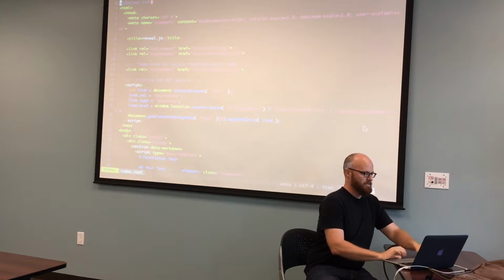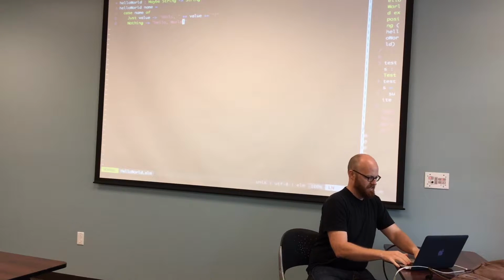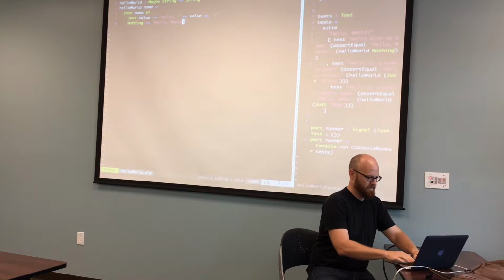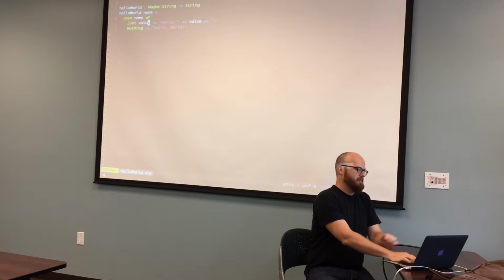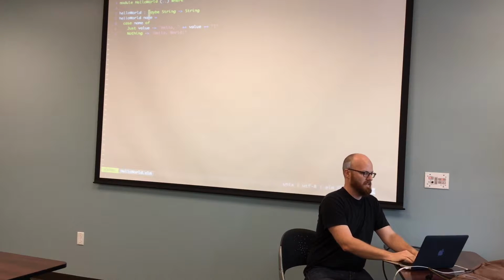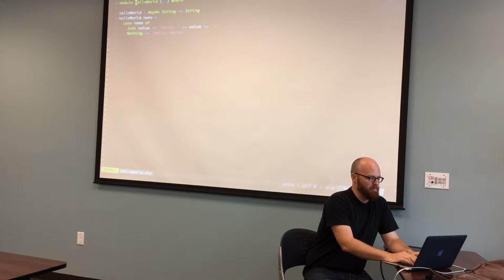So this is my slides. We don't really need to see the test, I guess. This is a basic hello world in Elm. Here you define a module, and then you define what it exposes. This says to expose any method that's in here. We could change this, because our method name is hello world. We could say hello world here, and that would also work for us.